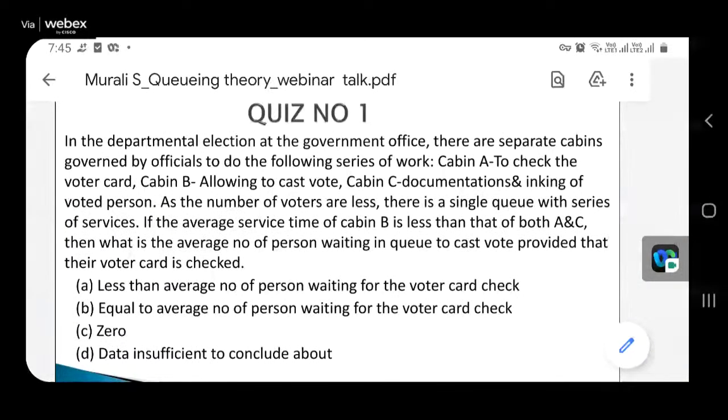After that, we understood time behavior, which I can call the steady state. It is a very simple thing, because whoever is present in the queue, a new person will come and add to the queuing system. So is it not an infinite queue length? Yes, it is an infinite queue length, because it is a governmental election and everybody who is part of that election, every voter, has to come and cast their vote.